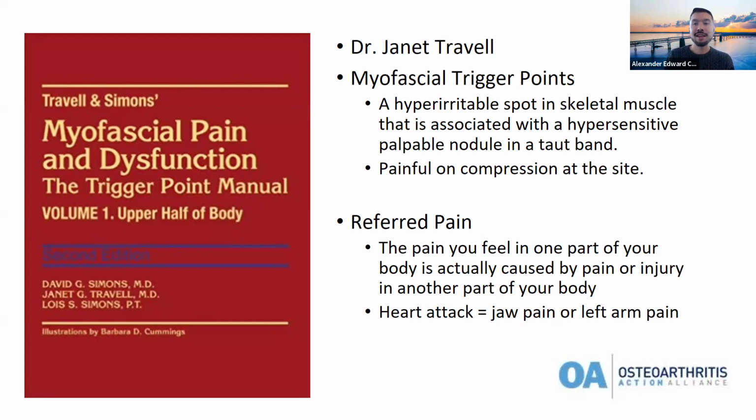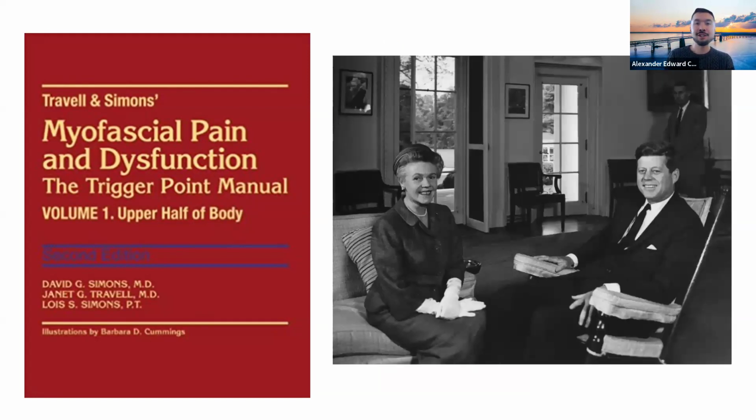She actually is an important historical figure. She treated JFK for his back pain. You can see her here with him in a rocking chair because that was actually her prescription, or one of her treatments for him, to alleviate some of the compression and alleviate some of the back pain. And if you look up research related to rocking chairs, there is a fair amount of research showing that it can help relieve pain and also